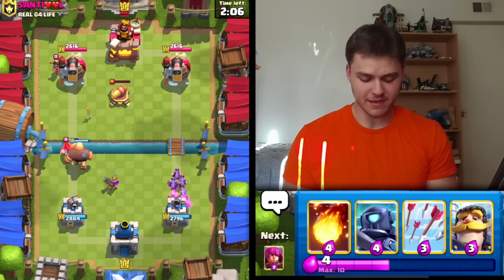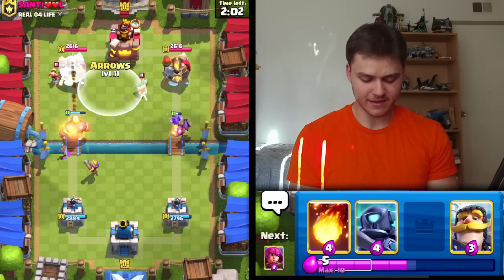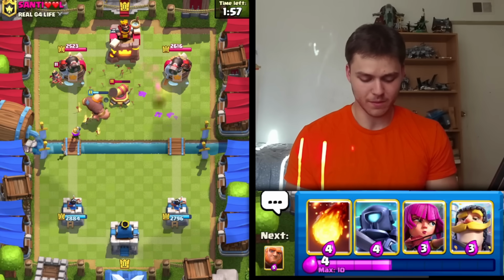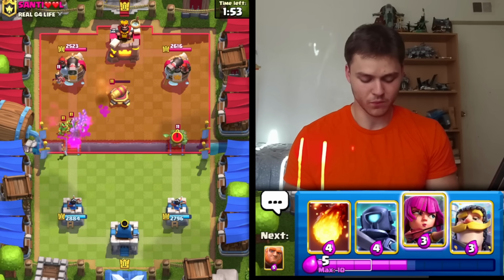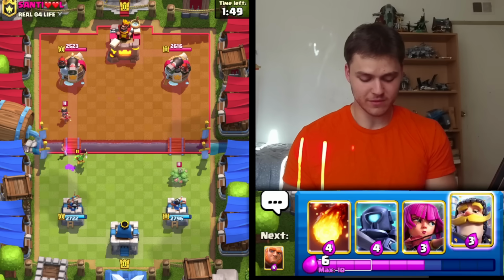We get some pretty nice minions down here, only taking a single bit of bush damage. Ah, this is kind of hard. I guess I'll arrows the Dart Goblin down. I feel like it's more important to kill that than the Princess. I mean, we have to kill the Princess eventually, but we have a little bit of time before then. Against this bush, I may have to go for the archers,